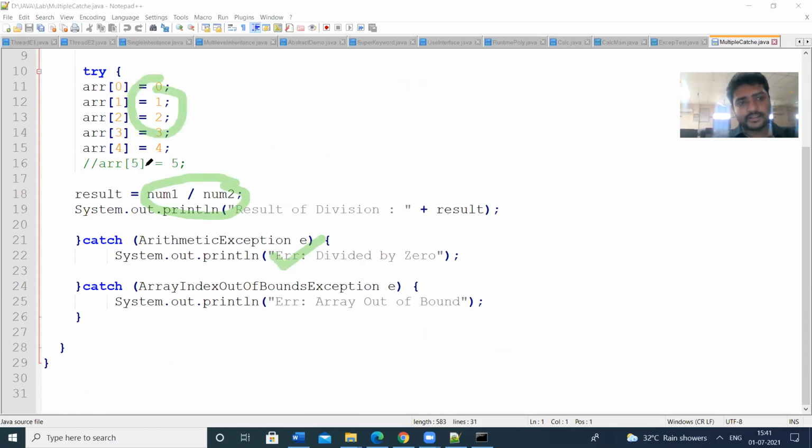If you give array index 5, then we will get this exception. So there is a chance of getting multiple catch blocks. If 2 exceptions, we need 2 catch blocks. If 3 exceptions, we need 3 catch blocks. So this is the simple program to illustrate the concept of multiple catches. So let us check the output.